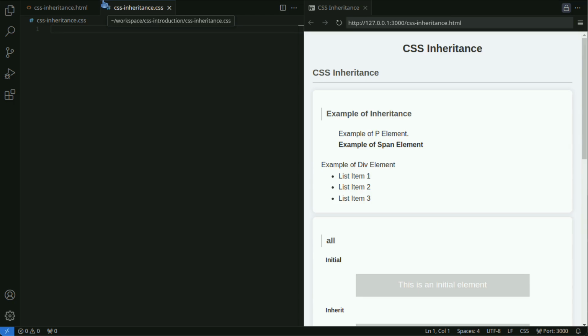On this channel, we provide useful programming information with practical code examples. This time, it's about inheritance in CSS. You can check representative inherited and non-inherited properties. You can also learn how to control inheritance using the CSS all property. Enabling subtitles will make the code descriptions easier to understand. Please make use of it.